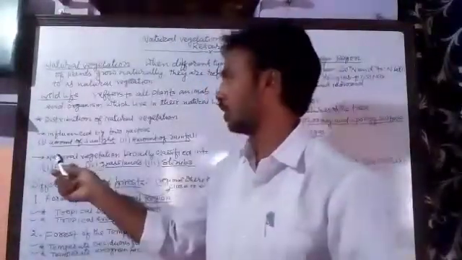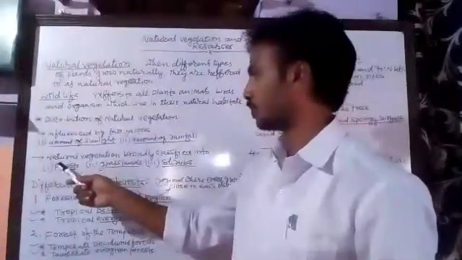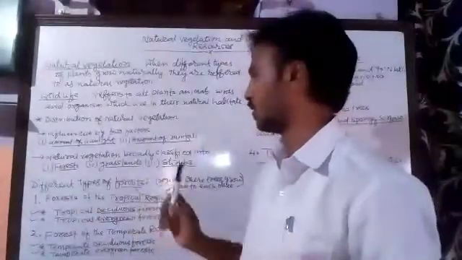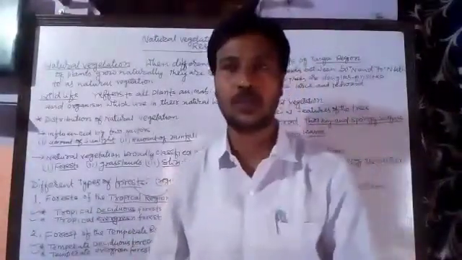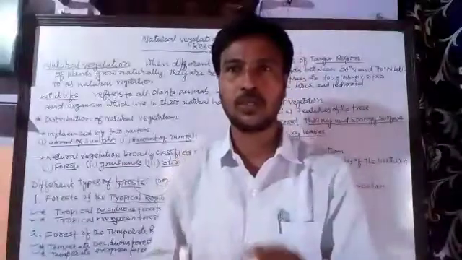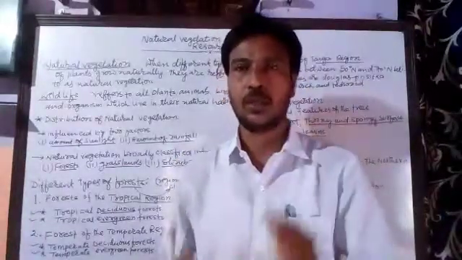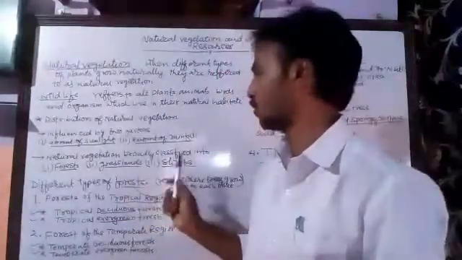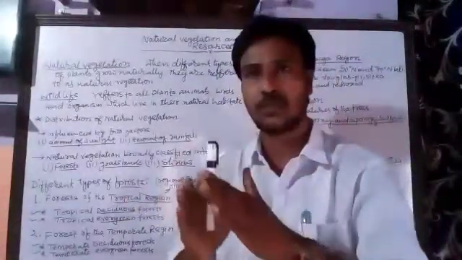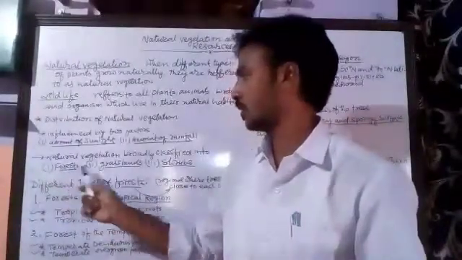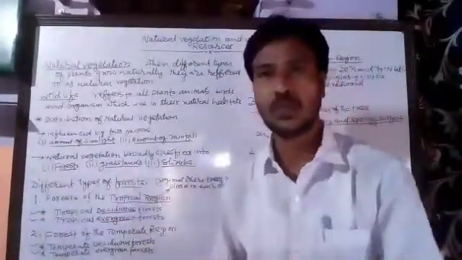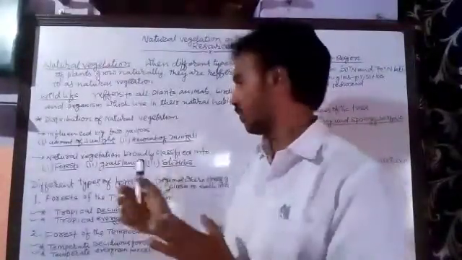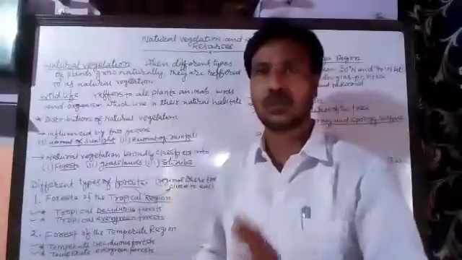Let's come to the different types of natural vegetation, broadly classified into forests, grasslands and shrubs. We are going to study this in this chapter. When we speak of natural vegetation, it doesn't include only the forest, not only the trees, but it also includes the grasslands and the shrubs. So natural vegetation is classified into three: forest, grasslands and shrubs. We see that there are different types of grassland in different parts of the earth, and we also see areas where only shrubs grow.